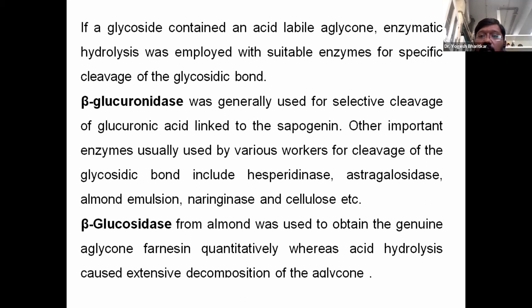With 2D NMR, hydrolysis is not always required, but sometimes for a novel compound and exact structure elucidation, we have to do hydrolysis and then identification of the sugar. For sugar identification, sometimes we use GC. In GC, first we modify the sugar by acylation, and we run it in GC. With the help of standards, we find which sugar it is, either glucose, galactose, xylose, or rhamnose. We get the sugar information from the GC.